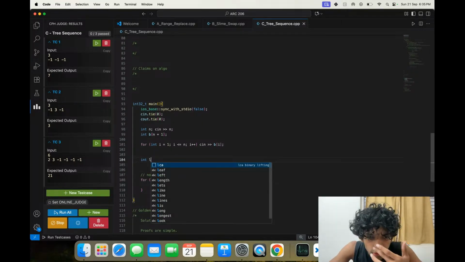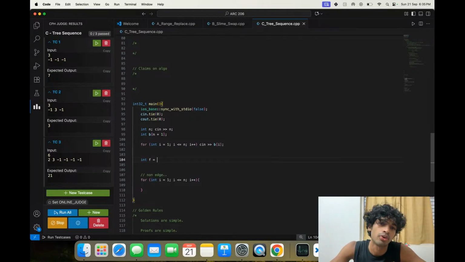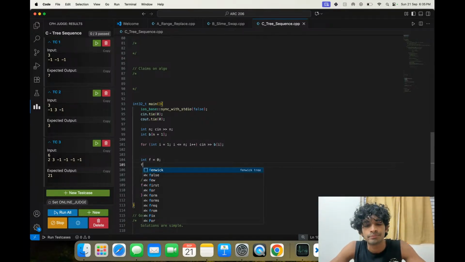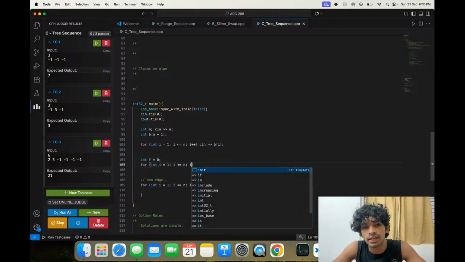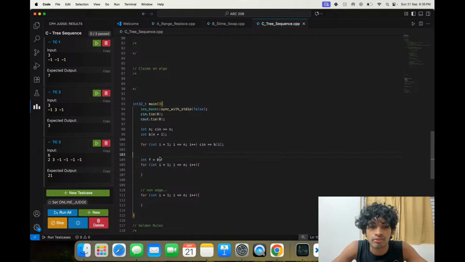Int longest forward edge, the forward edge coming into this. Let that be 0 initially. For int i equals 1, i less than or equals n, i plus plus. Let that be 1. I'm assuming one edge coming into this. I'm just assuming that.